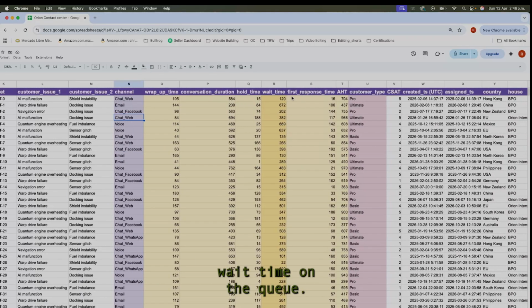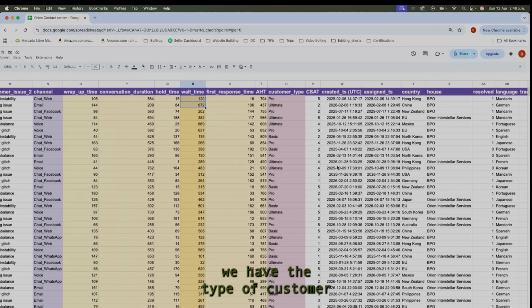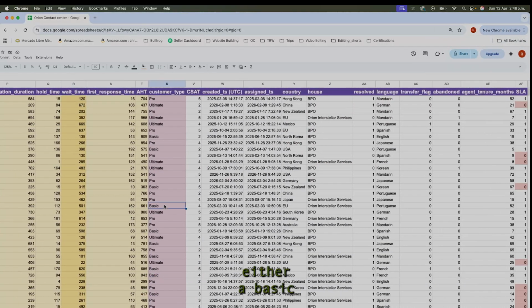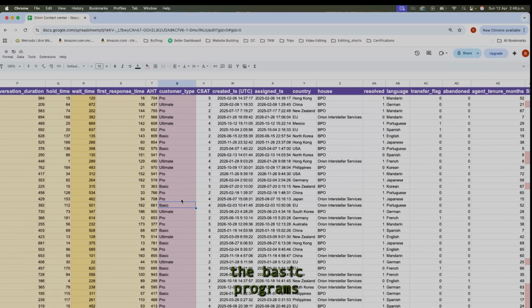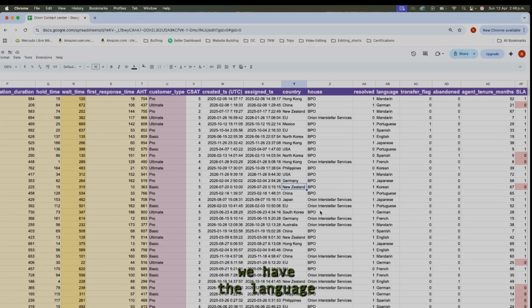We have the wait time on the queue. Also, we have the type of customer, which is either a basic customer that only purchases the basic programs, or the pro, or even the ultimate. These are the customers that pay more. And we have the country where they are handling this information. And also we have the language in which this interaction was